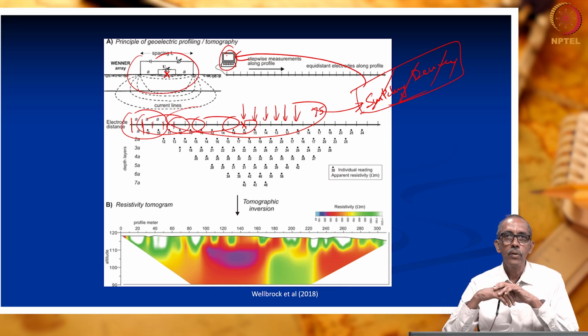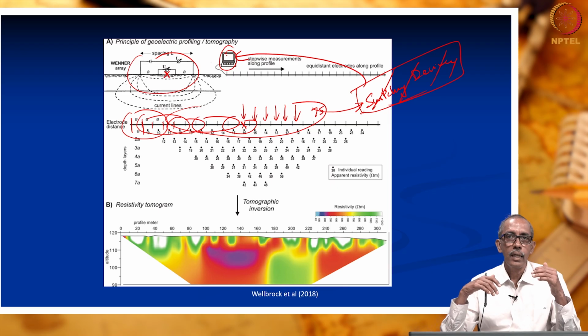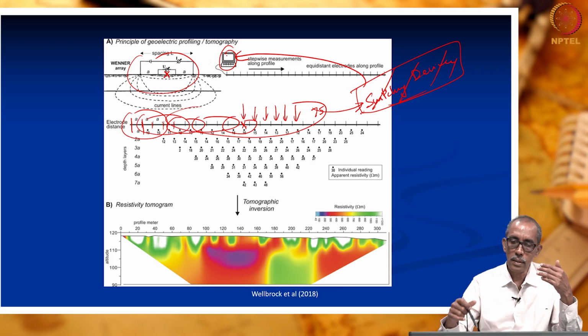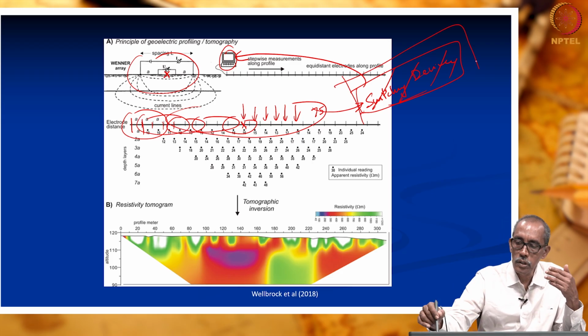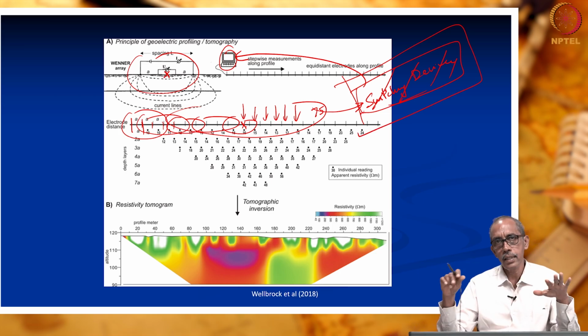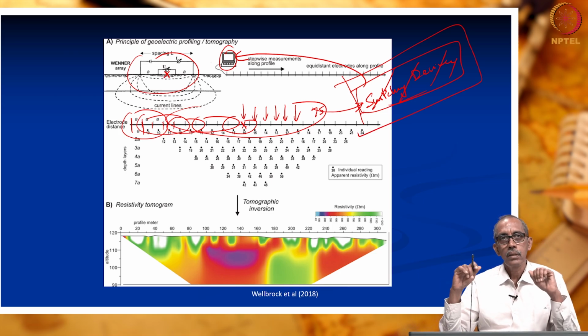So, this is how the resistivity data is obtained automatically nowadays with what is known as resistivity imaging system, right. What is the difference between the usual resistivity meter and imaging system? In imaging system, we have one more switching device, that is it, rest all is the same. Okay. So, the job of the switching device is to connect 4 electrodes to the resistivity meter.